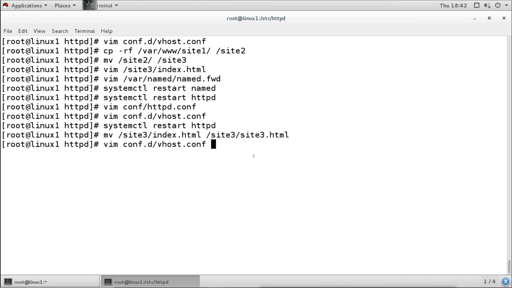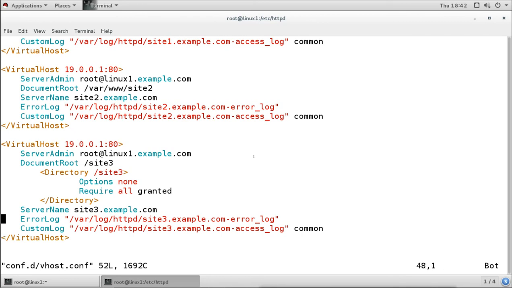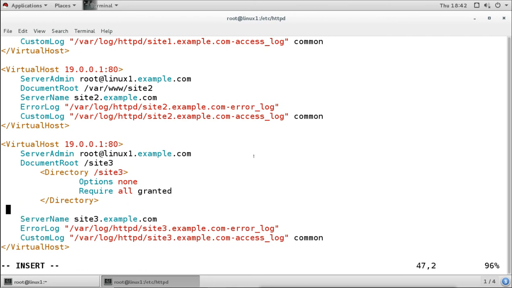Here we have to add one more option, and that option is DirectoryIndex, and then you have to mention the name of that file, site3.html, whatever the different name is. You add one more option here only for that site.